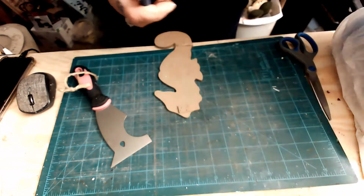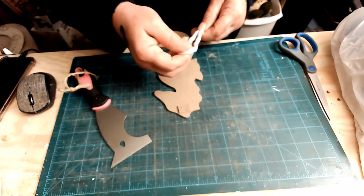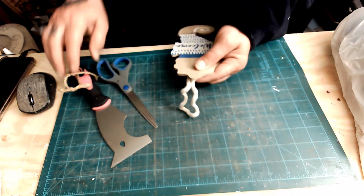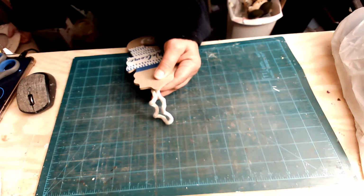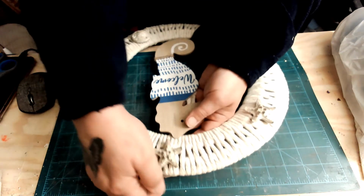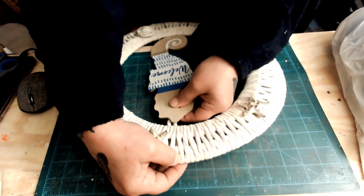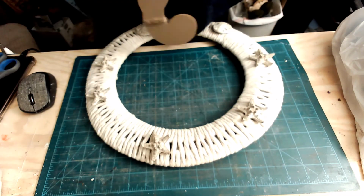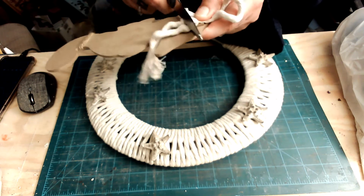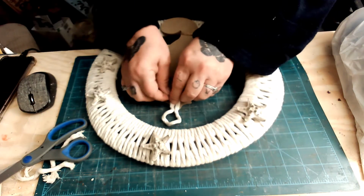And then I'm going to take a piece of the white nautical rope, and figure out how low I need that to hang on my wreath so that it doubles as a way to hold the starfish on as well as hang the wreath. See there, I want it to be short enough that it sits behind the wreath. And then once I figure out where I need it to be, I'm going to glue that onto the back of the